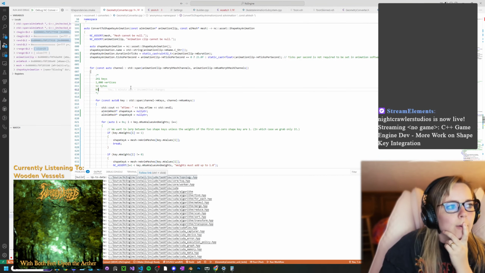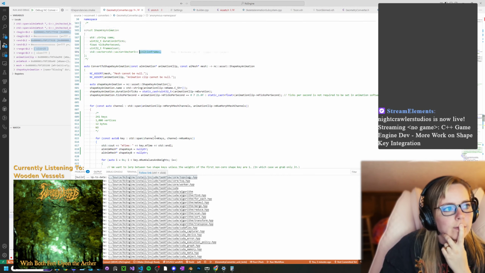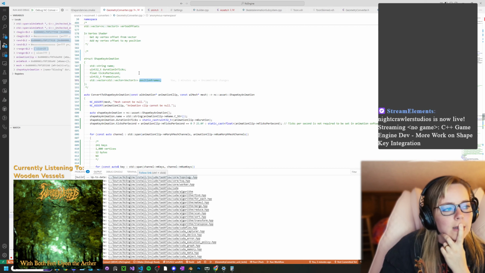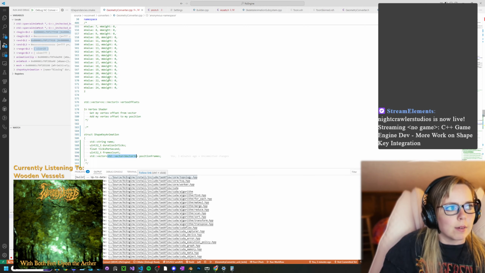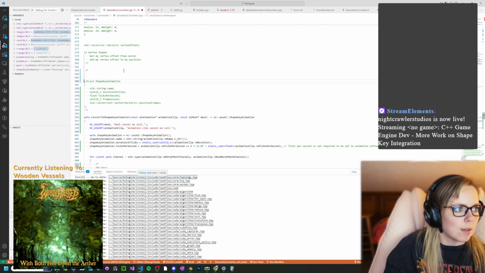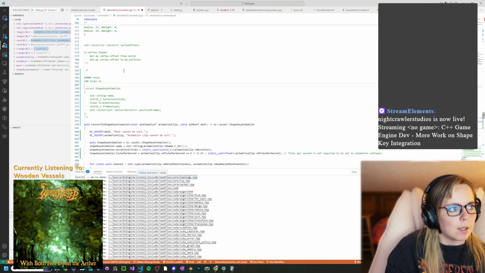Okay, so anyway, we just want the shape keys right in there. We don't need any of this. Because let's think about that. If we have 25 in here, and we have our 10,000 ticks, and we're, let's just say 100 ticks in, that means we're at